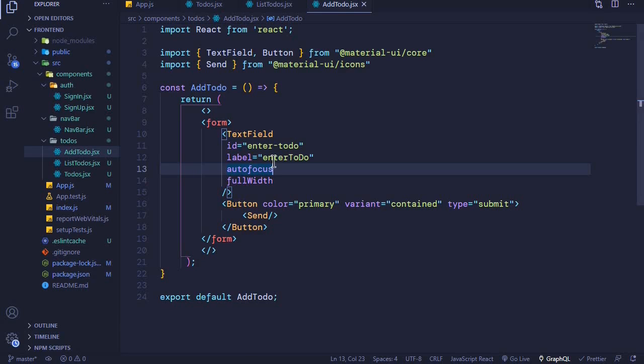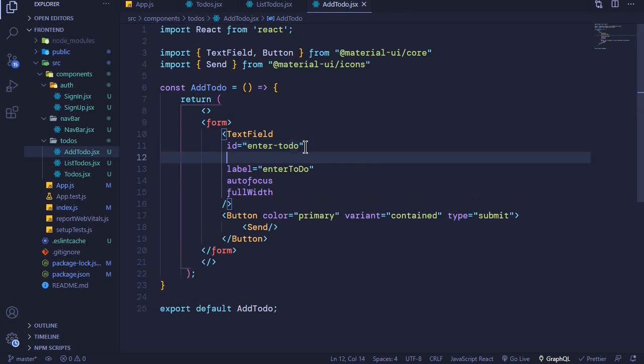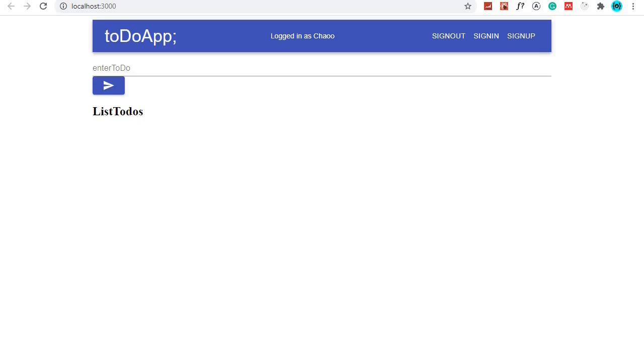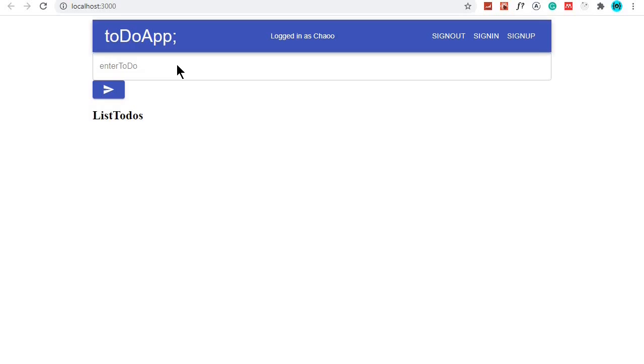So when I look at the label, autofocus, we should have a variant right here, variant to be outlined. So just like that, and now we should have the design that we want for the text field. So perfect. Now we want our enter to do text field and the button to be side by side,